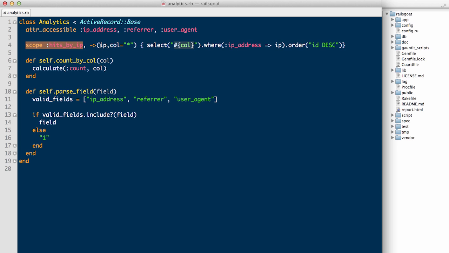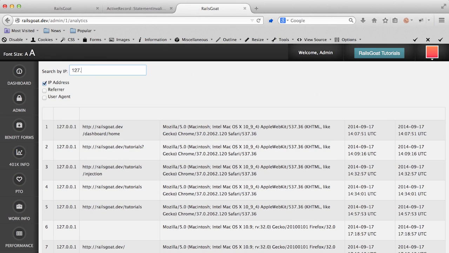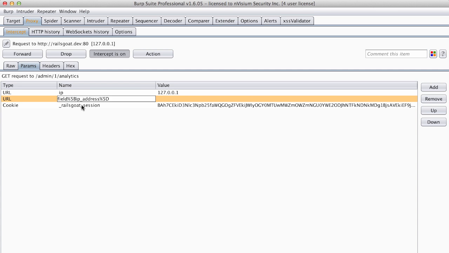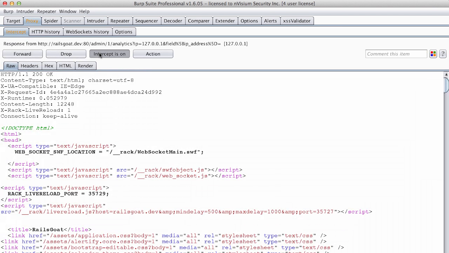The user input is defined by the variable named col, short for column. The idea is that we can search through our analytics by a specific column name such as IP address, referrer, and user agent. We'll enter an IP and check the IP address column. We catch the request in our proxy and modify the parameter from the IP address column to * from users --. When we forward on the request, you can see that the response is parsed and rendered